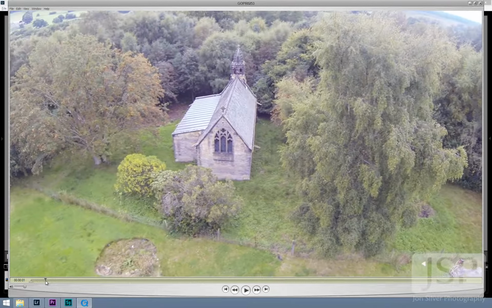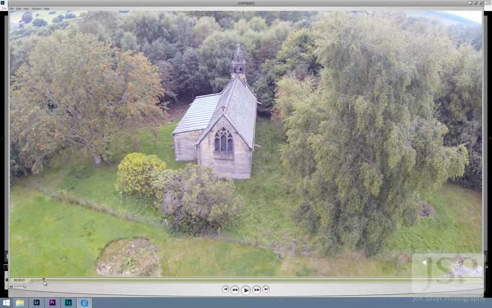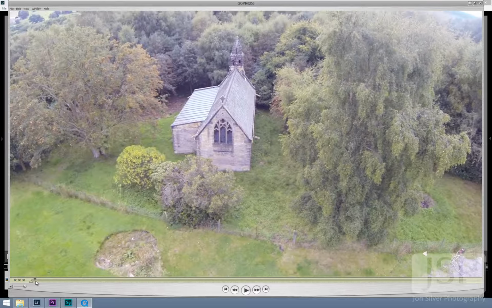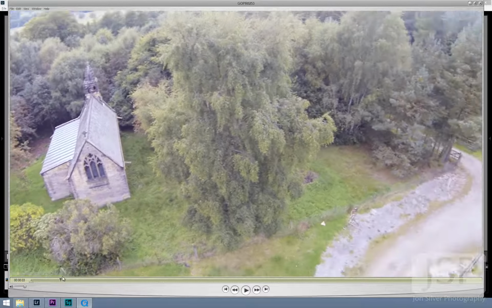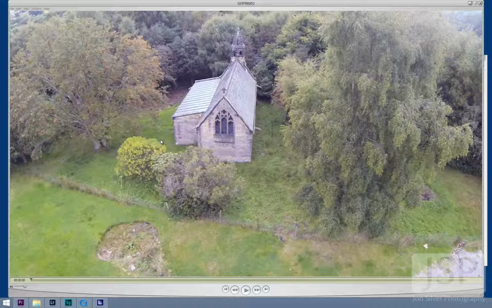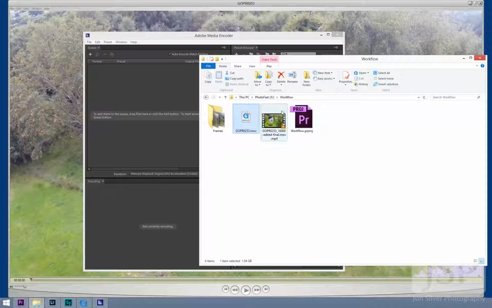Obviously, we could take all of these individual frames into Lightroom and edit them individually. But wouldn't that take a long time? Well, not really, because Lightroom is purpose-built for making the same edits to a whole load of photos at the same time. To extract the frames from the video so that we can edit them as stills, we can use Adobe Media Encoder. Just drag the video to the encoder queue,